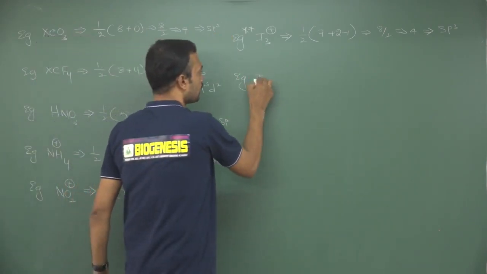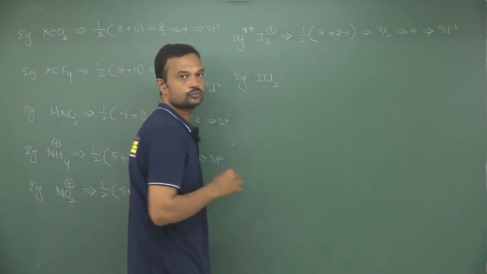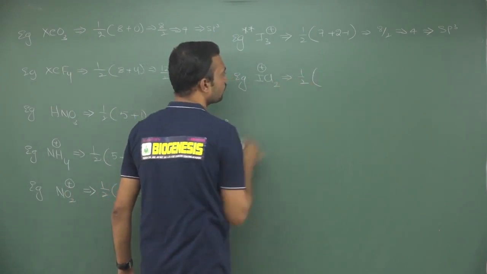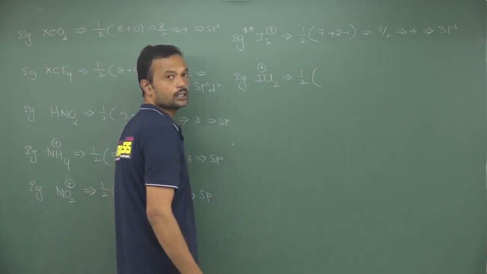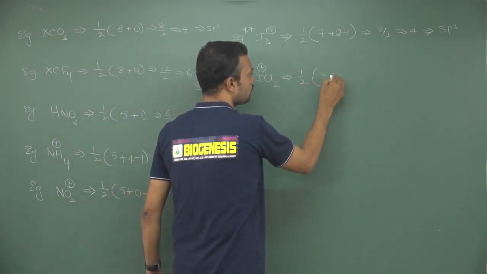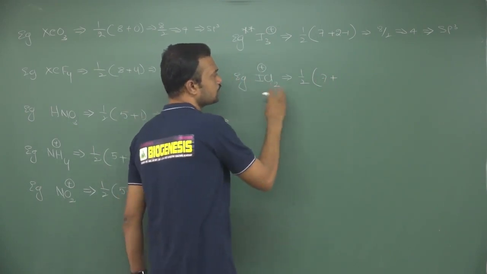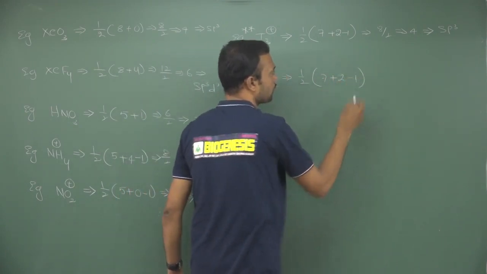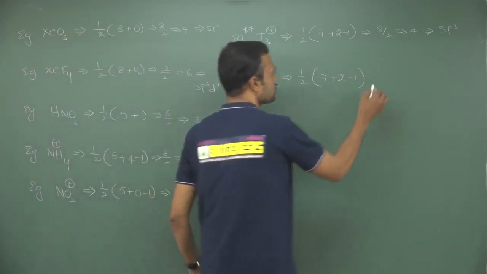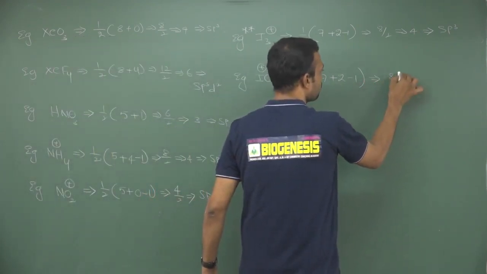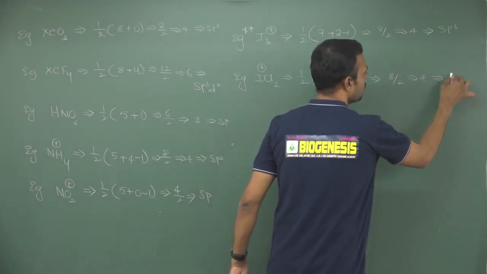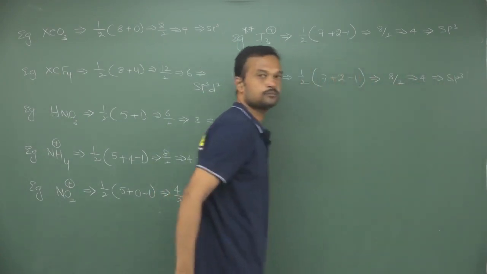Okay. So here I am taking ICl2 plus. See, here this is 1 by 2. Now iodine carries a positive charge, it is the central atom, so it has group number 7, and here this is 2, and here it is minus 1. Okay. So here we need to remove 1 electron from this. So here also the same, 8 by 2. Okay. So 8 by 2 means you may expect 4. Hybridization is sp3 like that.